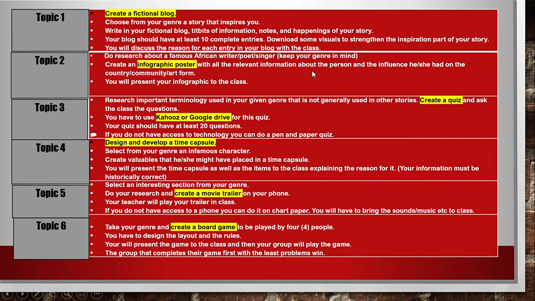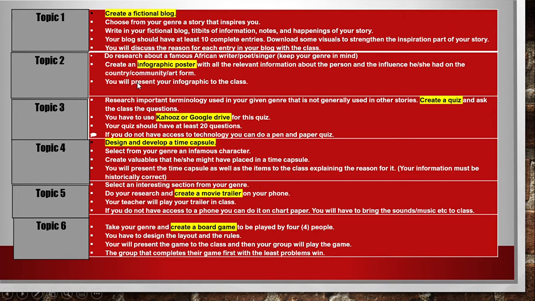The person, the background of the person, the life story of the person, as well as the influence this artist had on the country, the community and the art form. Either one of them, two of them or all three of them.